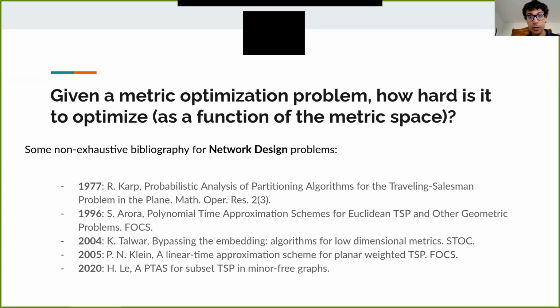for low-dimensional Euclidean space. So covering many of these problems. And the question then,